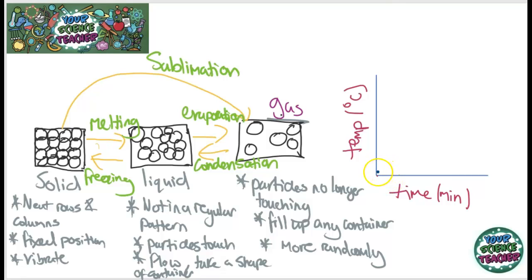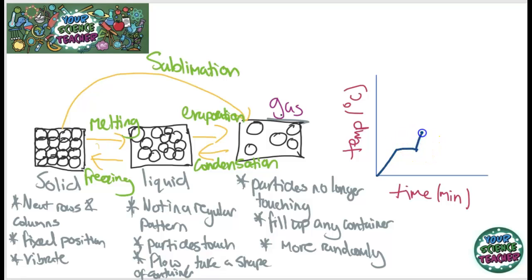But let's just look at a heating curve. When you heat up a solid, it will increase its temperature uniformly until you get to a certain point where it starts to change state. When it starts to change state, you get a plateau. It stops increasing in temperature. This is because it requires energy to change state. A solid is all in neat rows and columns, and you're disrupting that structure. That's going to require energy, and that's why it flattens out.